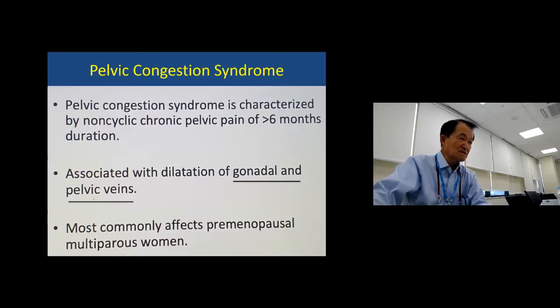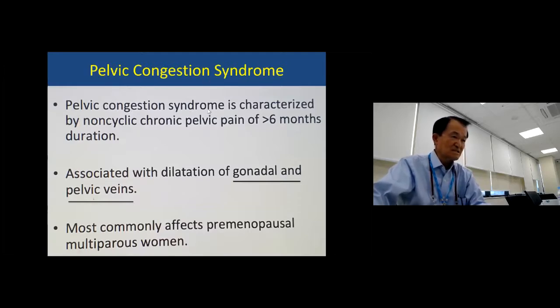One of them is called pelvic congestion syndrome. Pelvic congestion syndrome is non-cyclic and usually lasts more than 6 months. Clinicians often don't think about this, but in the female you always have to consider it, related to dilatation of the gonadal and pelvic veins, particularly in